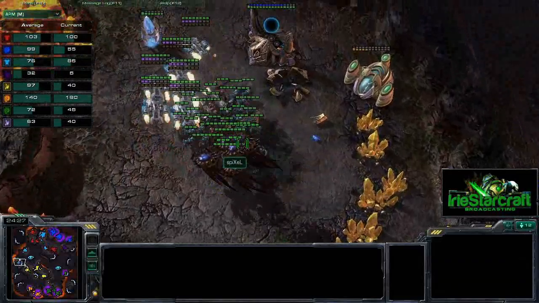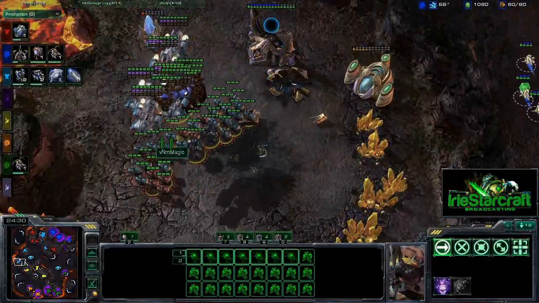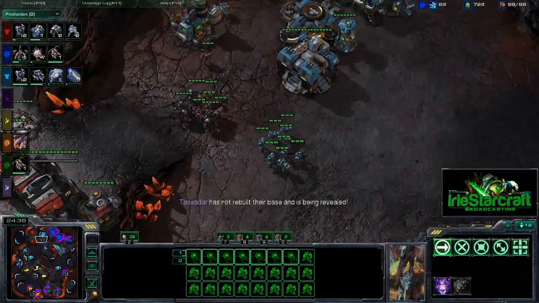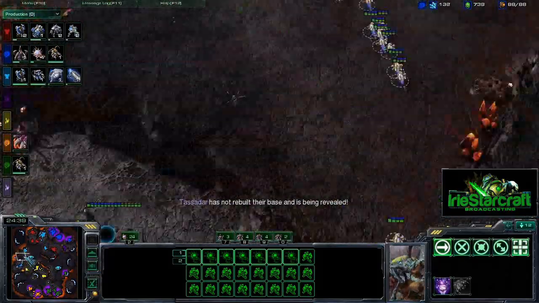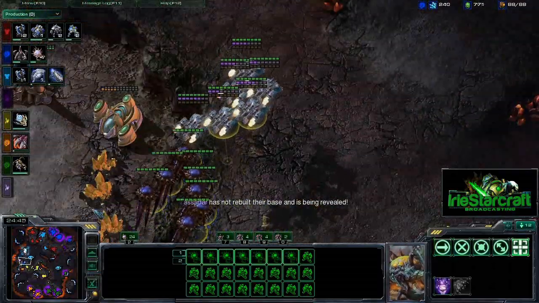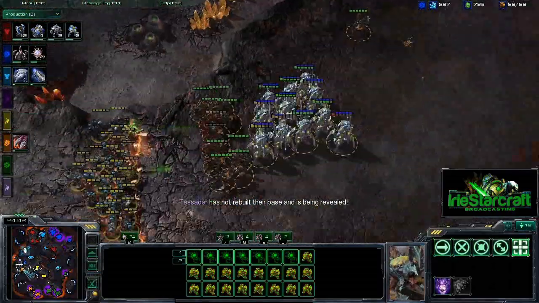And now all there is, is this group here, I think. What do we have army-wise other than that? I don't think we have very much going on here, as now Mutas are going to be coming in and trying to take out this base. Are we going to try and defend that? It looks like we are, but...